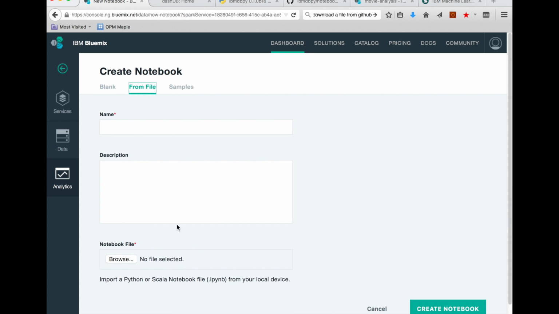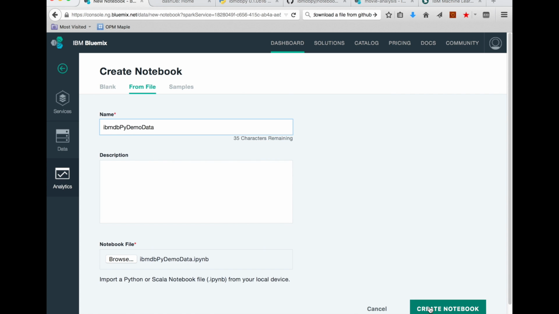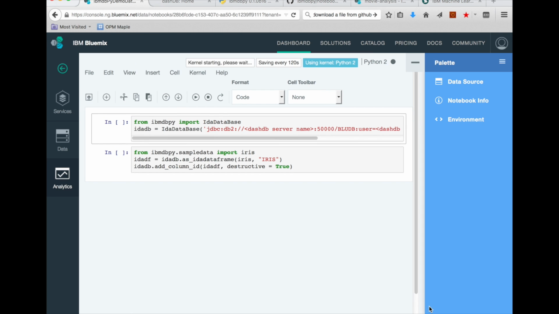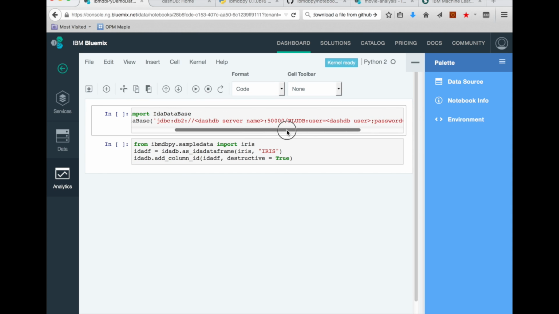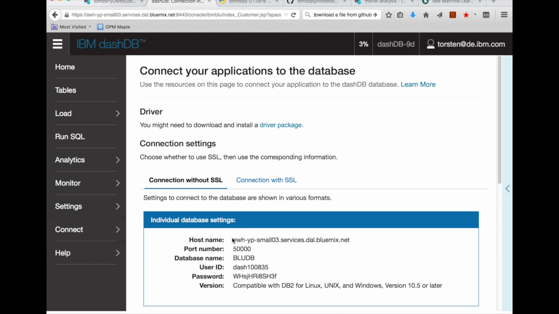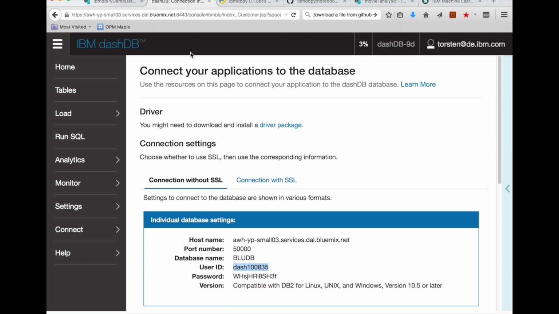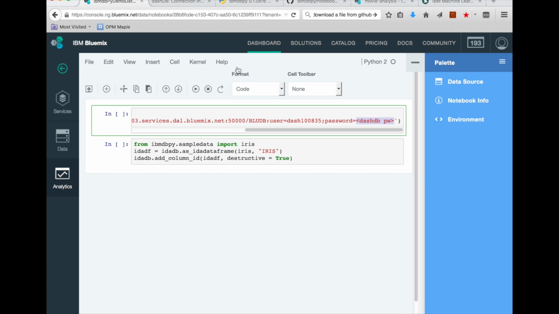As a next step, we do the same flow again, this time for the ibmdbPy demo data notebook that creates a sample table with some data that we use later on for the demo. In this notebook we first have to edit the database URL with the connection properties. You can find them by opening the web console of your dashDB instance and the connection information panel. Copy from there the server name, the username and the password, and replace the according placeholders in your database URL